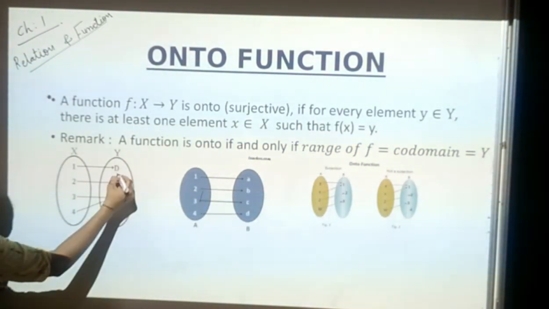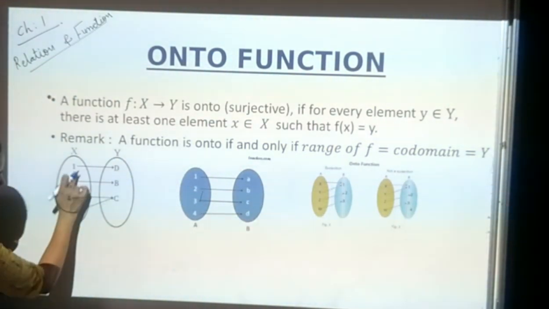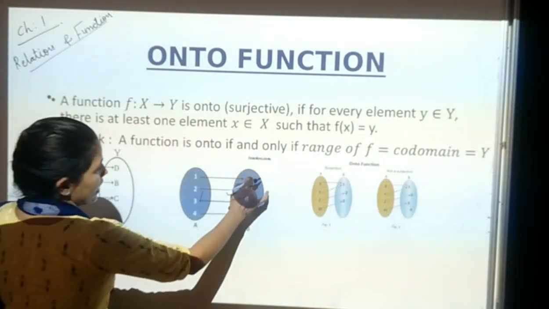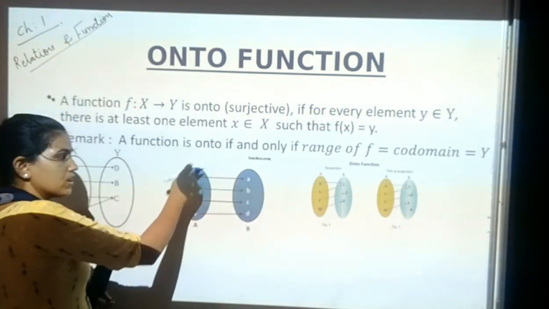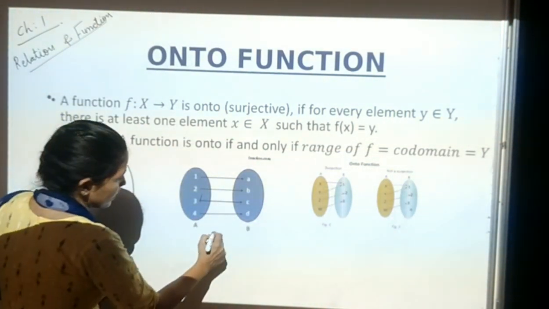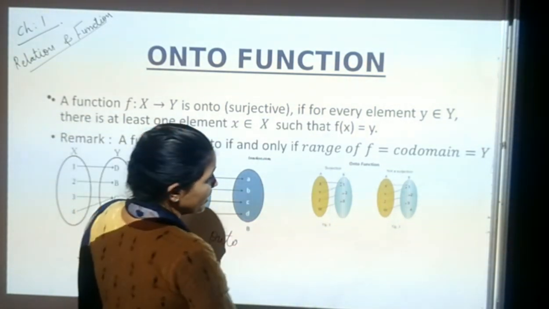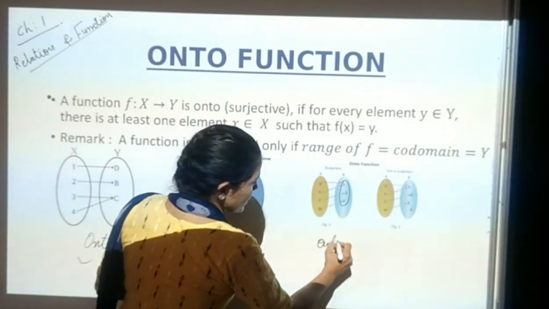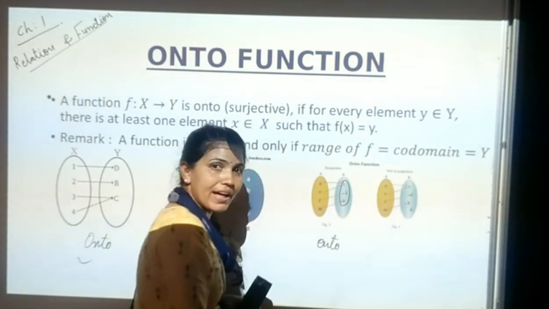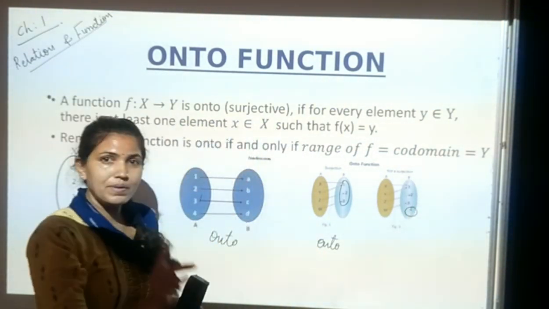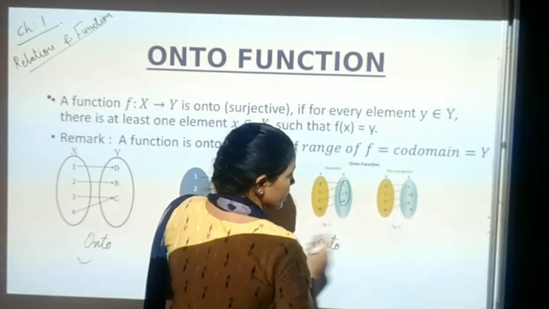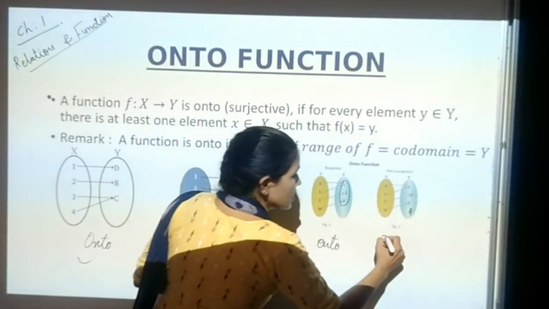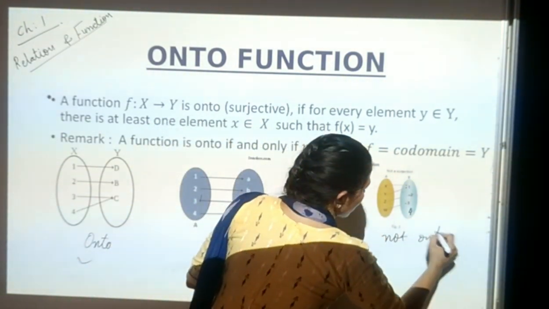Here you can see A, B and C, for every element here some pre-image is there. So this is onto. Here you can see A, B, C, D, for all, the distinct elements are given. So therefore it is onto. Here you can see for every element 1, 2 and 3, here some pre-image. So therefore it is onto. Here in the 4th diagram you can see this is the one element which is remaining. So that's 4. Here this 4 is remaining. For this we do not find any pre-image here. So this is not onto.